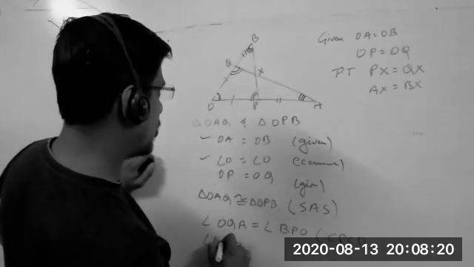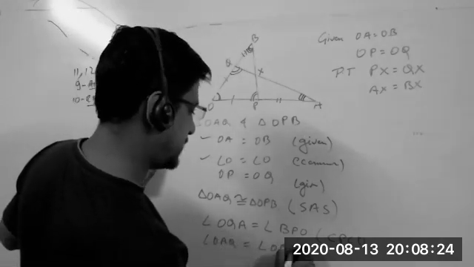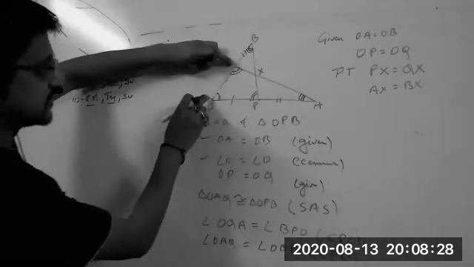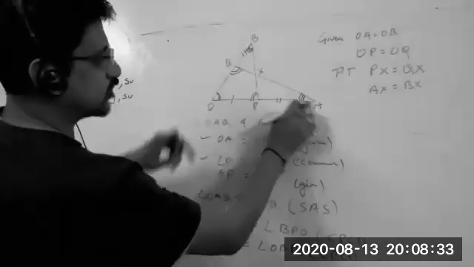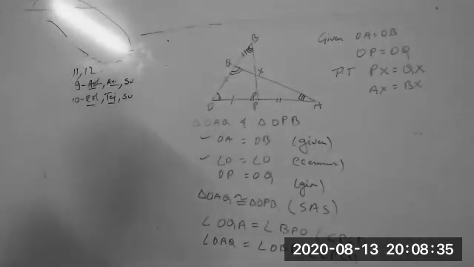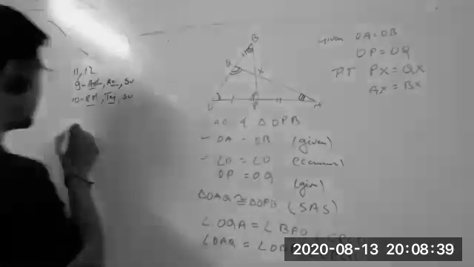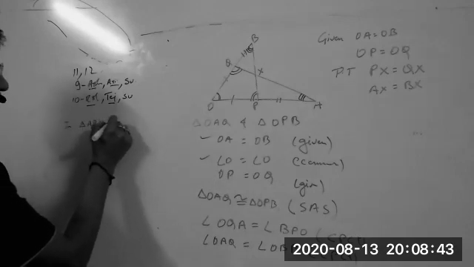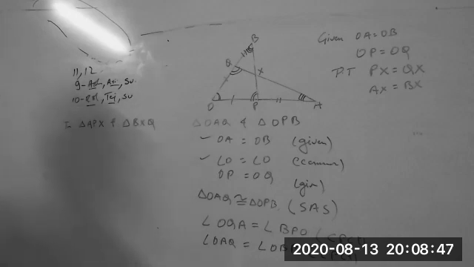Angle OAQ is equal to angle OBP, CPCT. Because the angle in front of this side and the angle in front of this side should both be equal. Correct? Now you see in triangle APX and triangle BXQ,